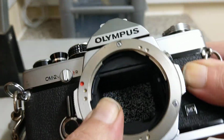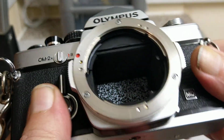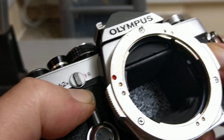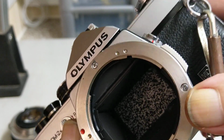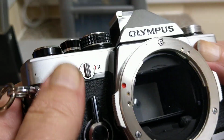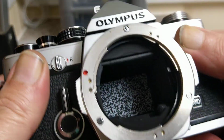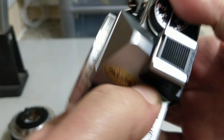The mirror's locked up because there's no battery in it. You'll quite often, or you used to see a lot of these on eBay where it says, oh, it's locked up, doesn't work, can't wind it on or anything like that. The original OM2s are a bit harder to reset. It's down here, but on these ones, if you just push it up to the reset position, the mirror falls back into place and you can wind it on, but it will lock up the next time you press the shutter. On the top,